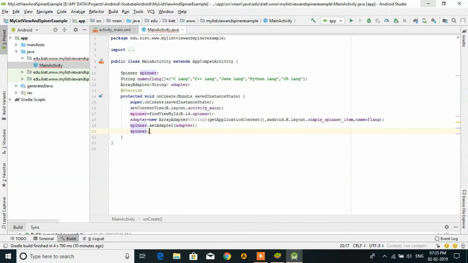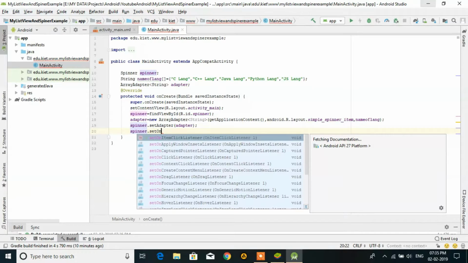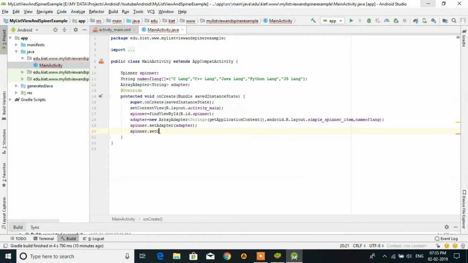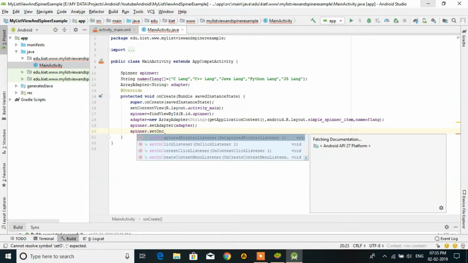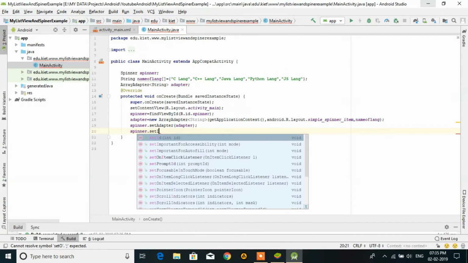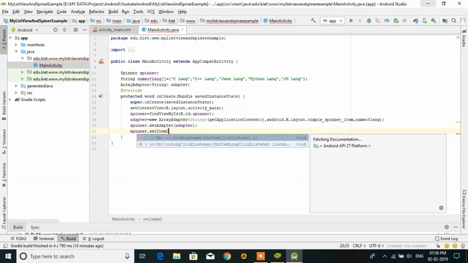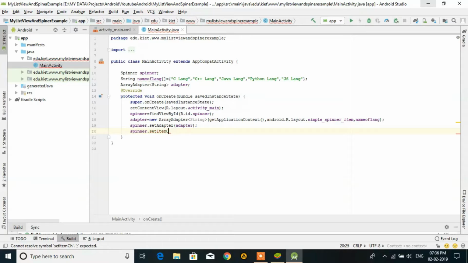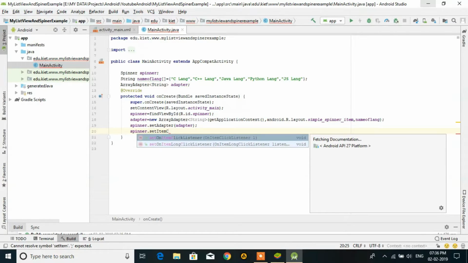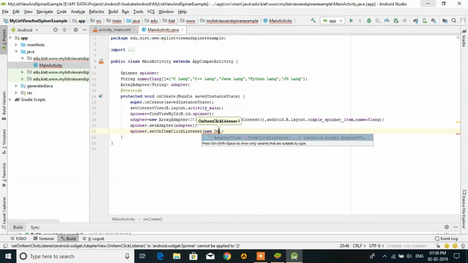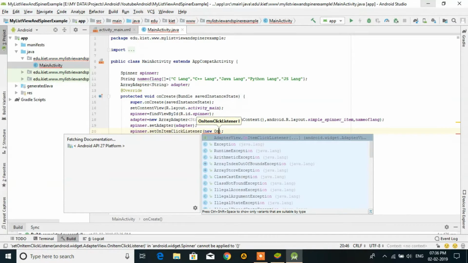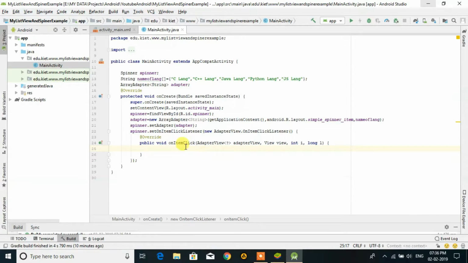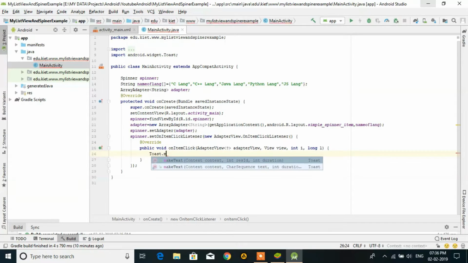Spinner.setOnItemClickListener, new OnItemClickListener. So when you click on this item, it should display a toast of the value you have selected.